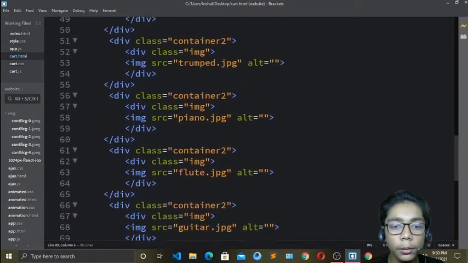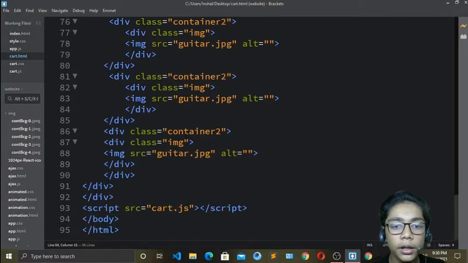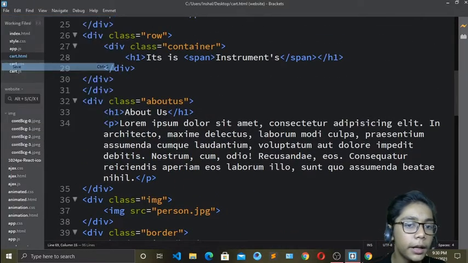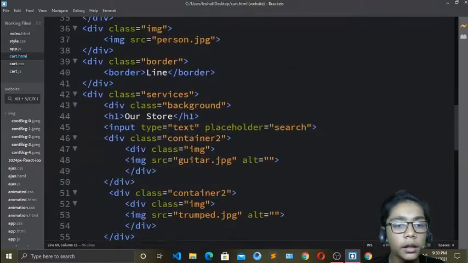Now it will be coming. Here I've done my images. You can see that. Now I've written the images, and I have to do just one thing here, since they will be coming randomly. When you have done all these things, you have to do another thing. Now it is done.